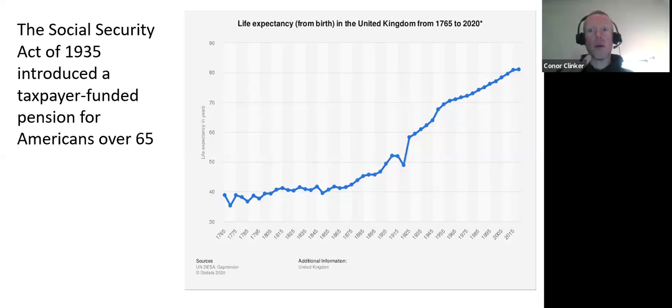I think I've mentioned two numbers here, 3.5%. That's the tax, that's your Social Security tax, and 65. That's the retirement age. If you want this program to survive into the future, you will need to raise one or both of those two numbers. You will need to say to people, starting now, we're not taking 3.5%, we're taking 5%. And or starting now, retirement age is not 65, it's 70.